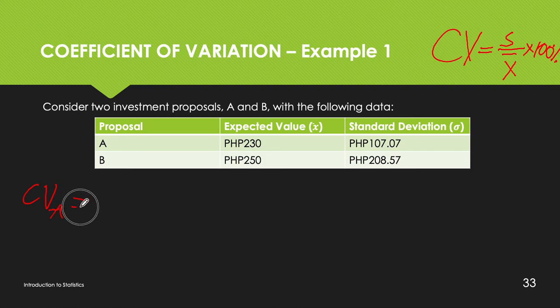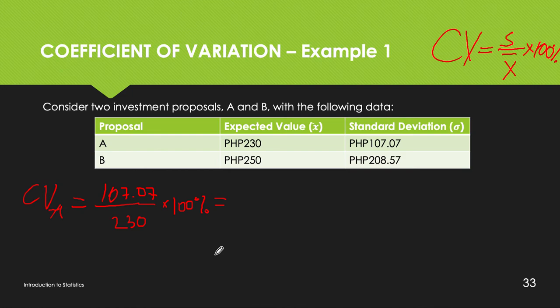107.07. So what we have is 107.07 all over 230 times 100%. We'll be using our calculators to answer this. I'm using my calculator right now. 107.07 divided by 230 times 100 will give us